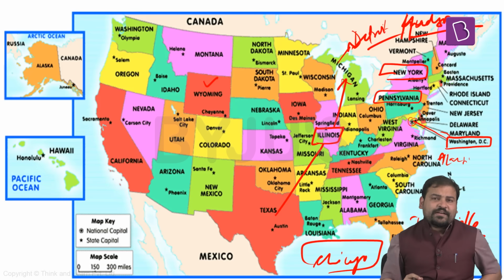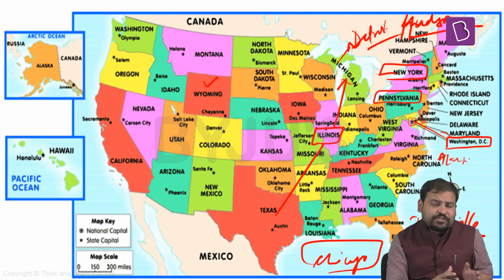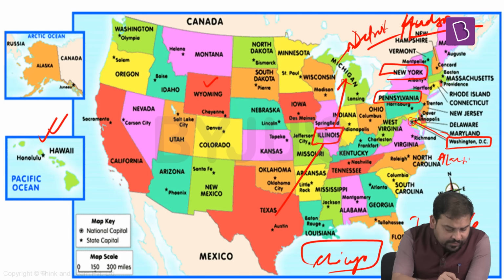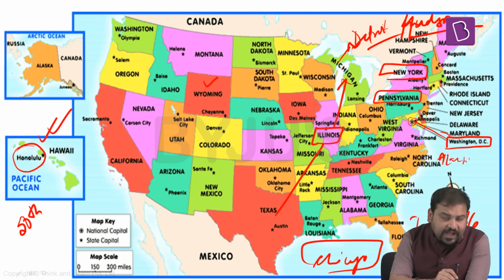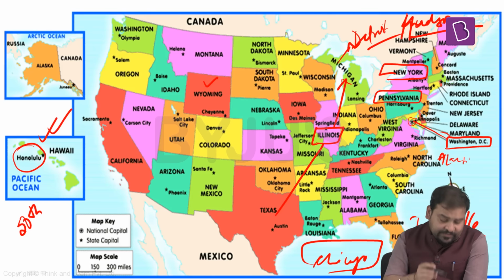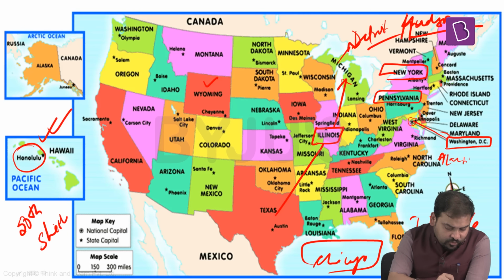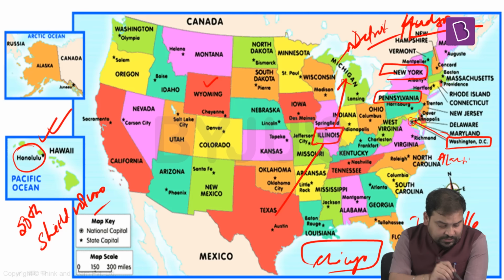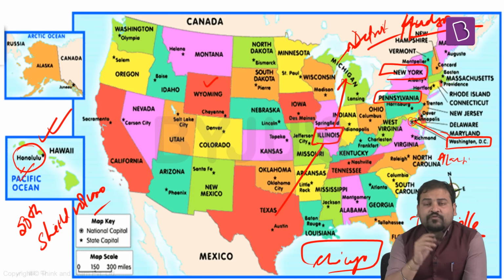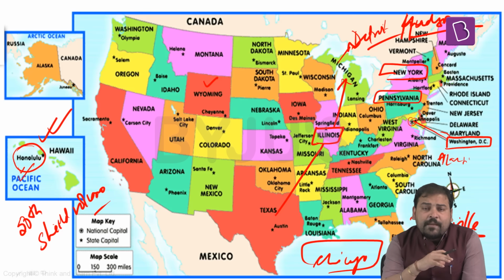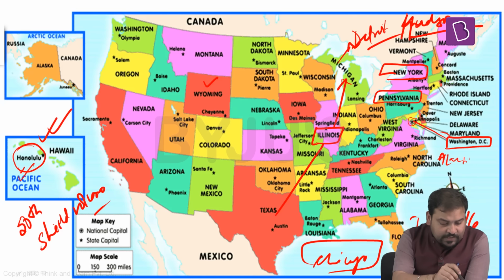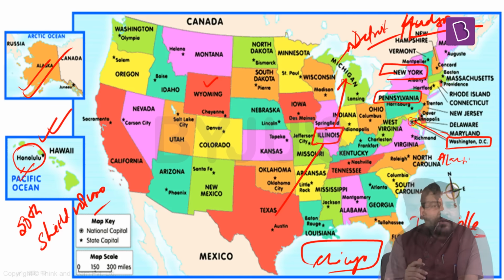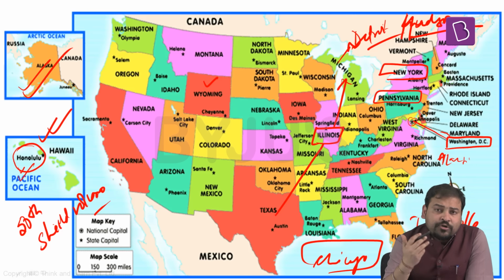And lastly, let us have a look at two important centers of the USA, that is Hawaii as well as Alaska. Hawaii, with its capital at Honolulu, was the 50th state and the last state to join the Union. It is an example of a shield volcano and entirely made up of basalt. The capital city of Honolulu is known as the crossroads of the Pacific. Alaska, the largest state of the US, is a state which represents the tundra climate.